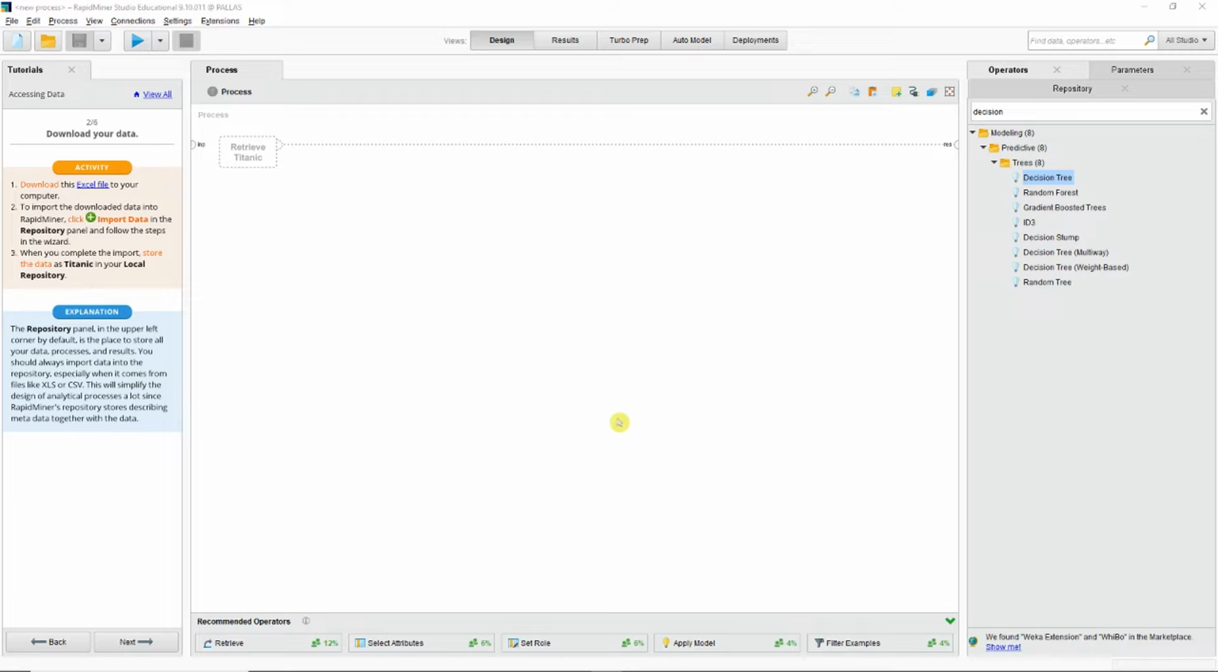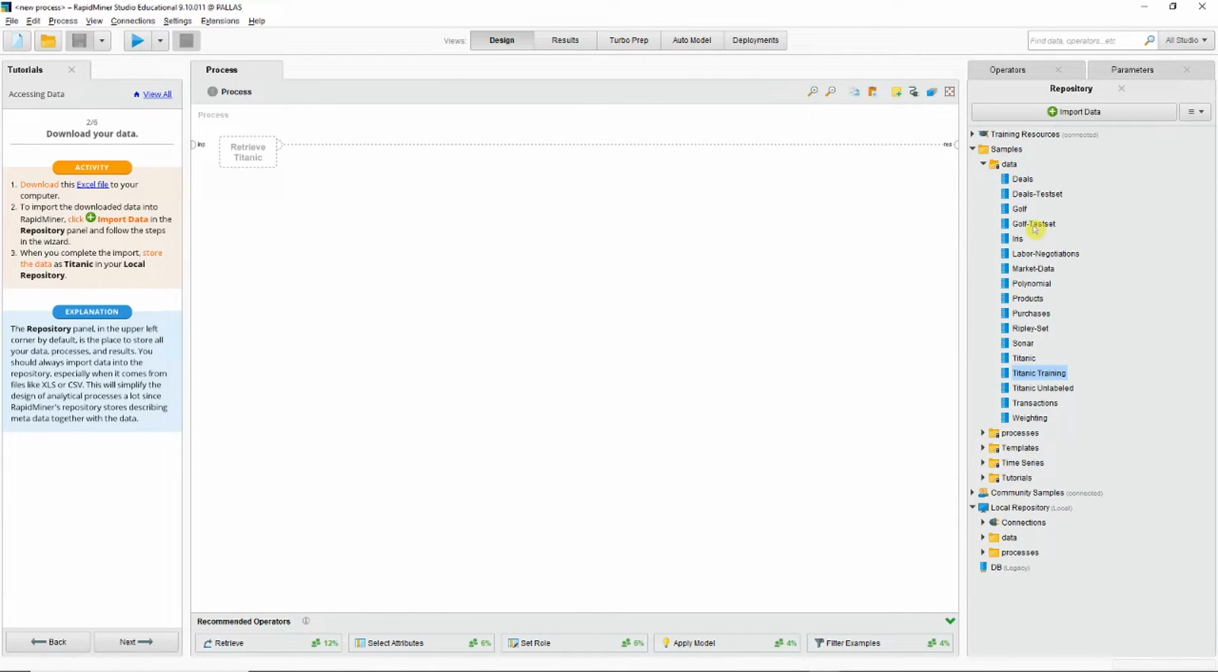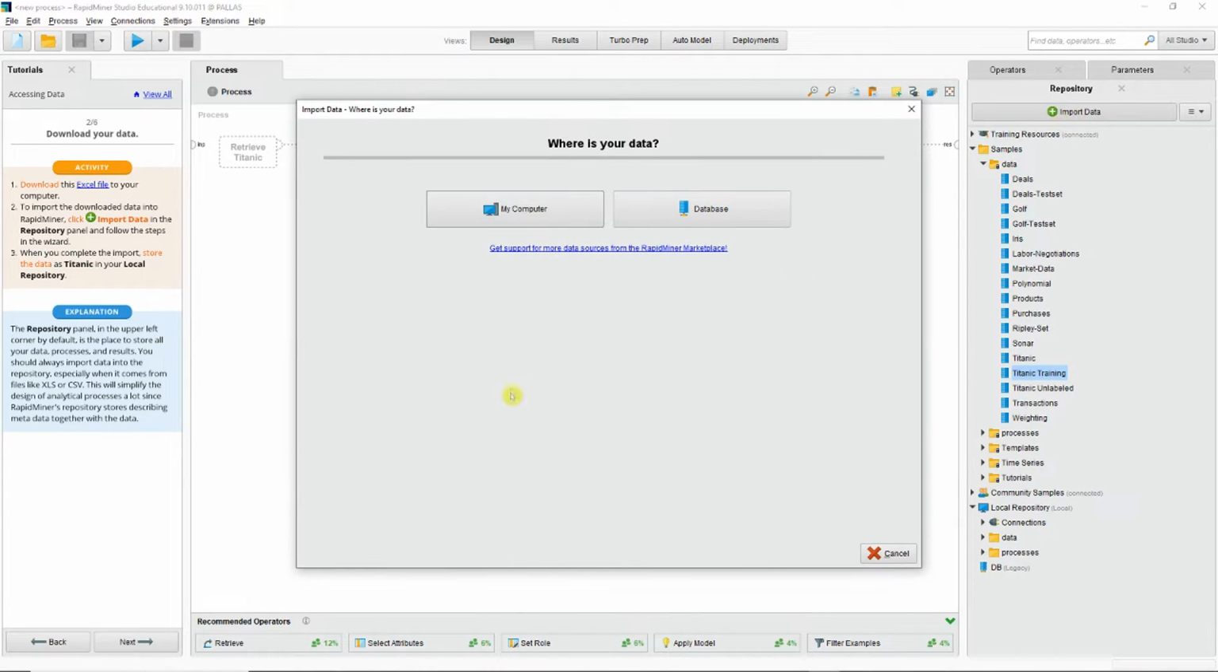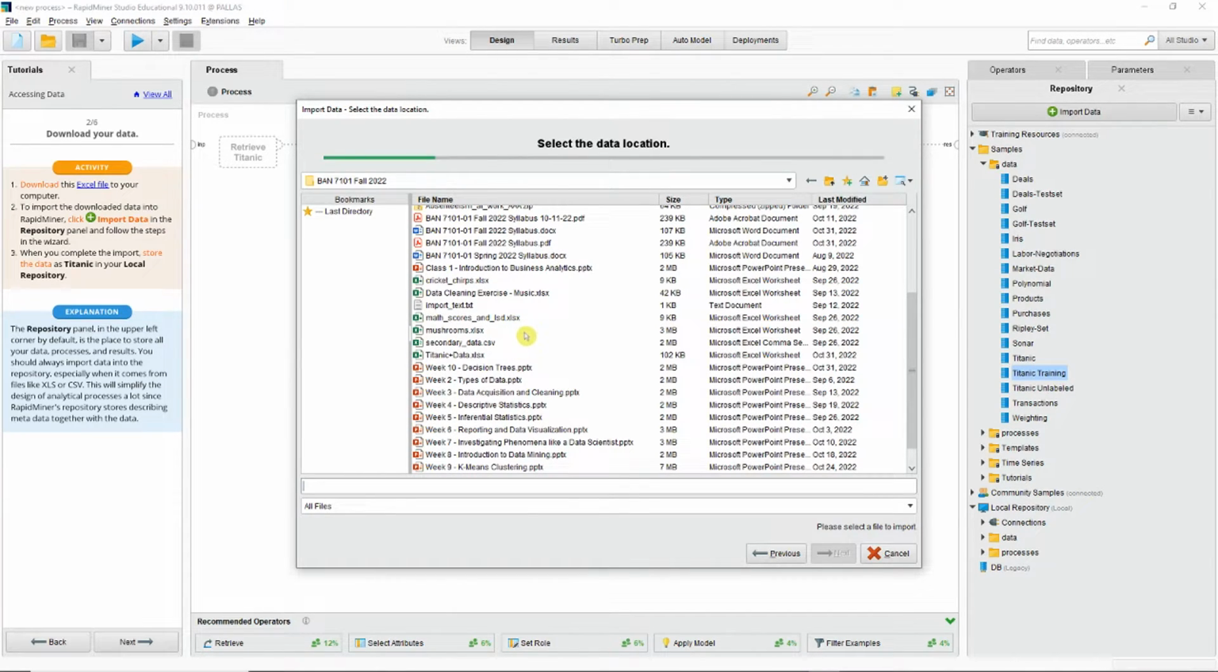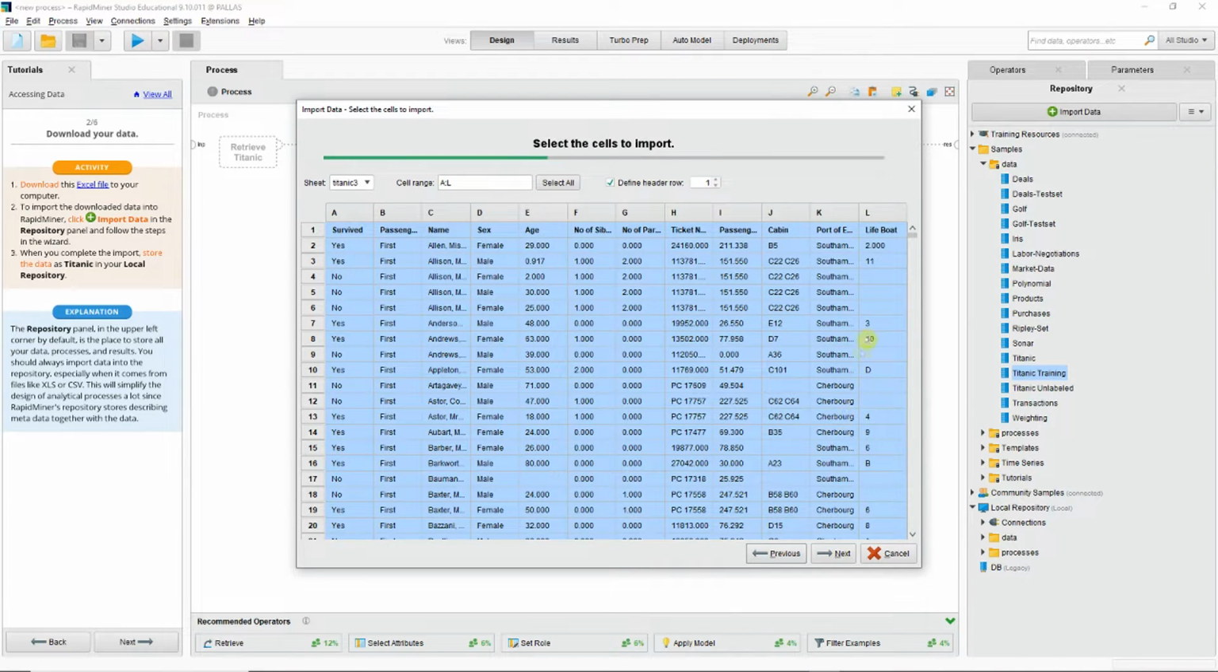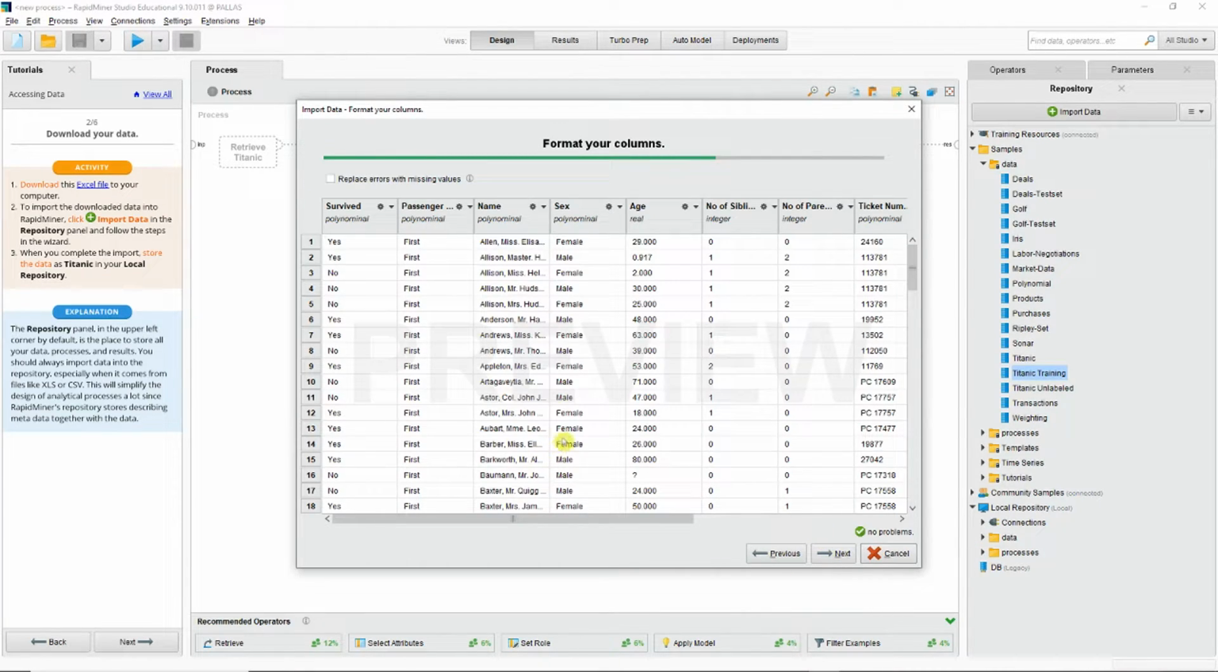Okay, so now that you have saved the Titanic Excel file to your computer, we're going to import it into the repository and then load it into our process. So we're going to go over to the Repository tab again and click Import Data. I'm going to choose my computer and search for the location where I stored it. I'm able to find it in my class folder. So I'll go ahead and double click the Titanic dataset that we saved, hit Next, double check that all of the fields are there and that we have the header row indicated, which we do, hit Next,